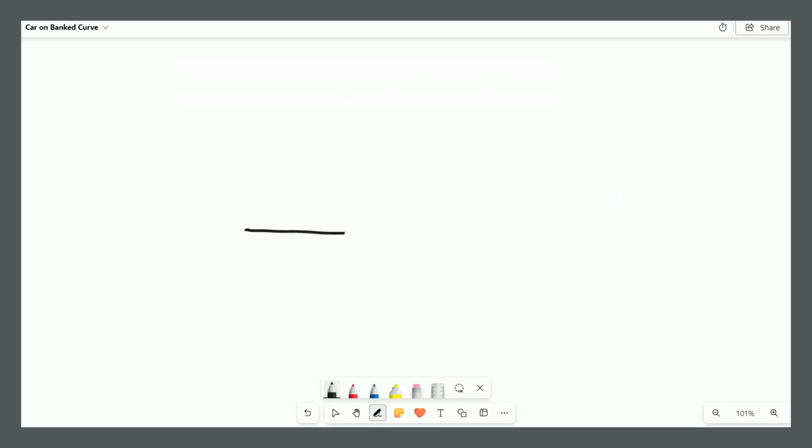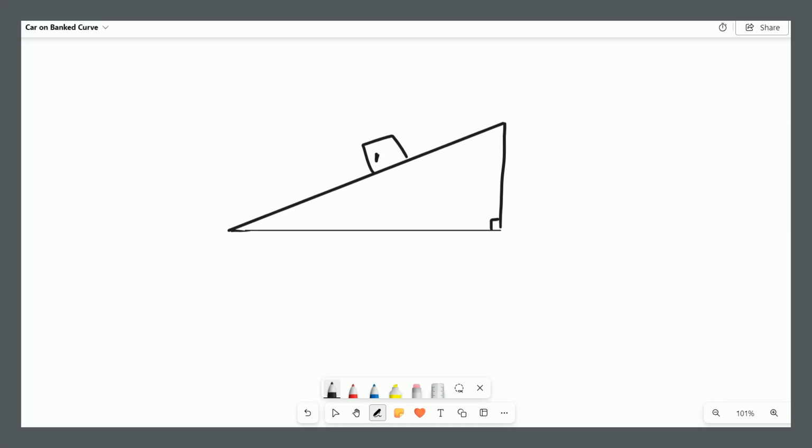Here is our banked curve that we're looking at from the side, all right? And there's our vehicle here. It's moving on this kind of circular path. And in this situation, there's only two forces acting on the car. There's the force of gravity,